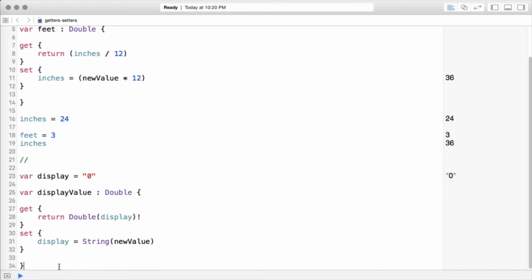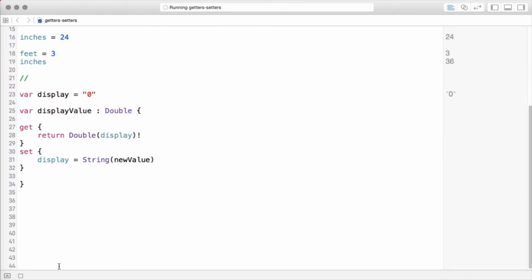All right, so let's see how this is working. Let's first give us some room here so we can see. But if I set now display equal to a string, which it has to be in order for us to actually display it, so if I set that to 789, and then I check what display value is, it's 789 as a double. So as you see, that works perfectly, and that eliminates so much work in the process of creating a calculator that